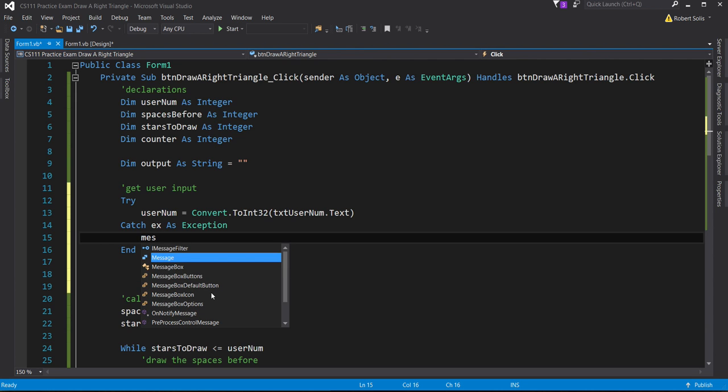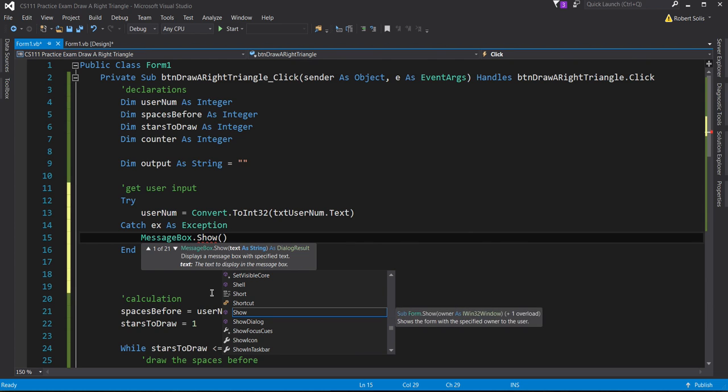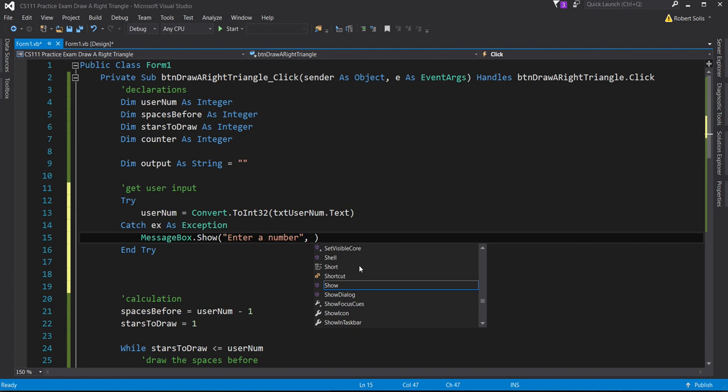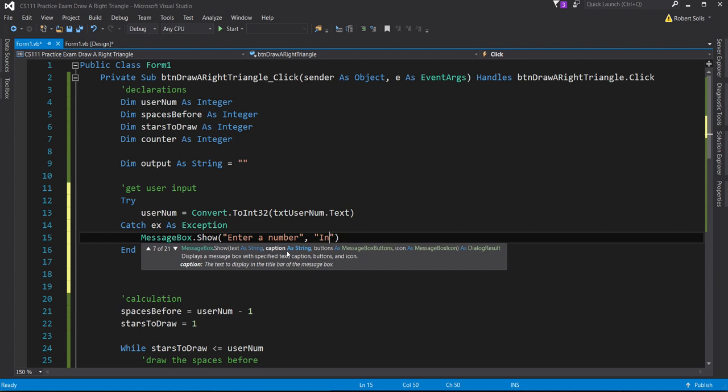So what I'll do is I'll display a message box dot show, and now I have all these different flavors. I think my favorite flavor is 7, where I enter a text and a caption and a button and an icon. So let's use this one over here. So the text property will be enter a number, comma, and then let me see, I'm back over here at 7. What's the next thing here? It's to enter the caption. That's the title on the box. So I'll just say invalid input,